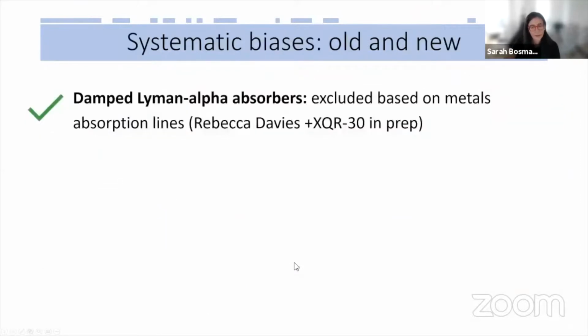Okay, so as always, when you want to push a measurement to new levels of precision, you're going to run into a new type of systematics. So of course, the old ones we already knew, like accounting for the effect of the quasars in the background or overlap with the Lyman beta forest, the exclusion of galactic medium from the measurement, which we can now do to a very high accuracy, thanks to the metal identification in XQR30, as well as new systematics.